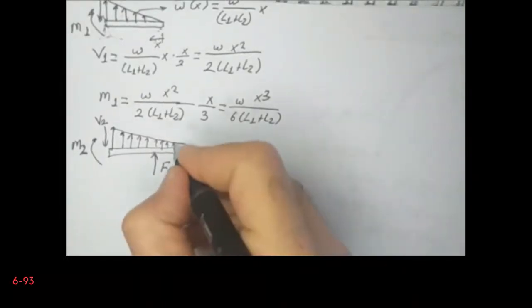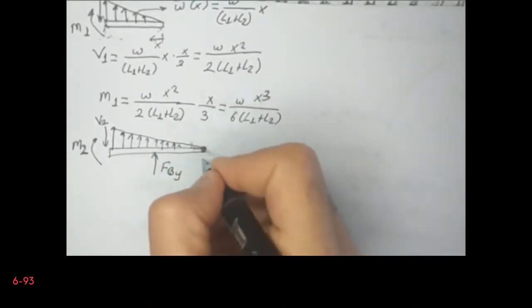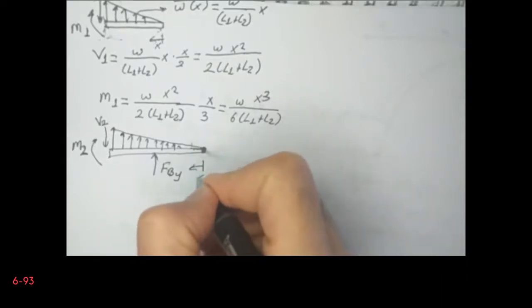So I have V2, I have M2, and now again I put my reference to the free end. Therefore M2 is equal to W